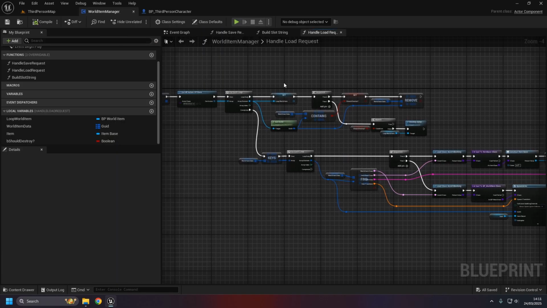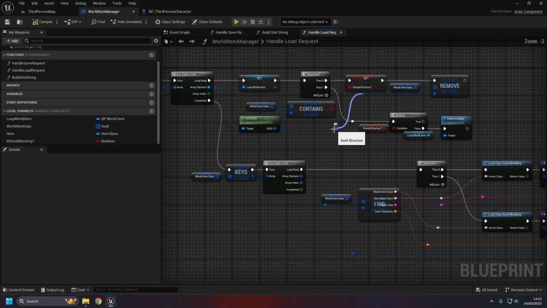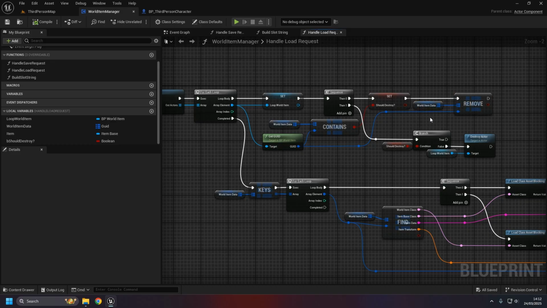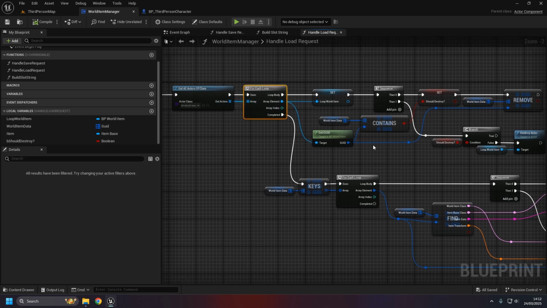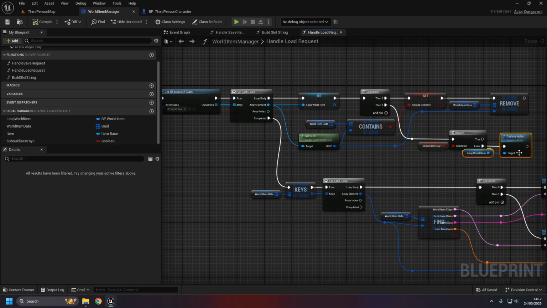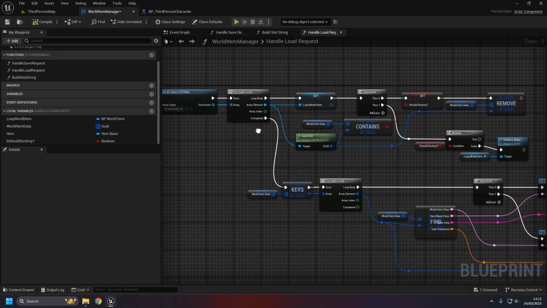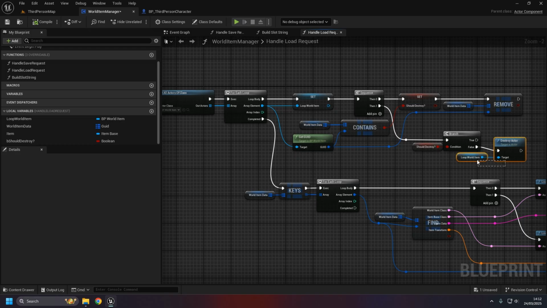Now, as a part of this, we probably want to make a few additional changes to help us deal with that. And a part of that is this remove section here. If you remember earlier in the video, we were initially calling this last, and generally that is something we do need to do. However, there's a few other things we need to deal with first as well. At the moment, we loop through the list in a normal order, but if we destroy the actor, that can sometimes cause problems in terms of how we're getting things from there. Because of the way Unreal handles actors, and particularly destroying them,